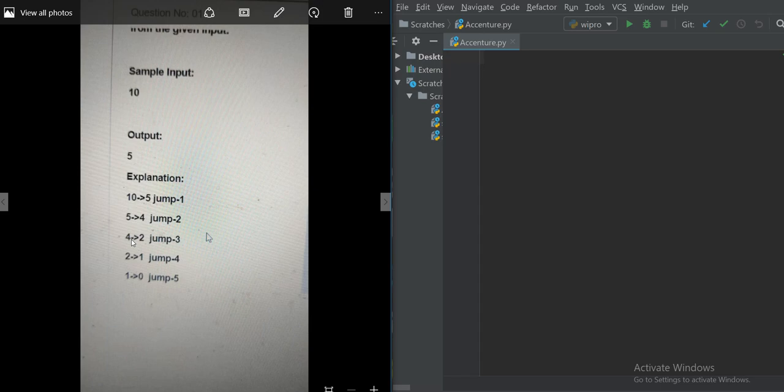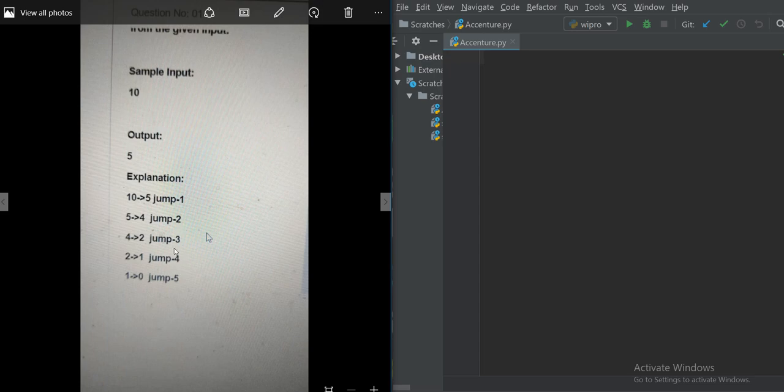Again 4 is even, so n by 2 gives 2, the third jump. Again 2 is even, so 2 by 2 gives 1, the fourth jump. At last 1 is odd, so we take one jump to reach 0, and we don't need to jump more than that. So the total number of jumps is 5: 1, 2, 3, 4 and 5.